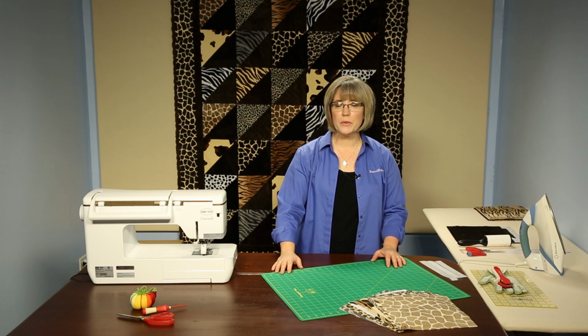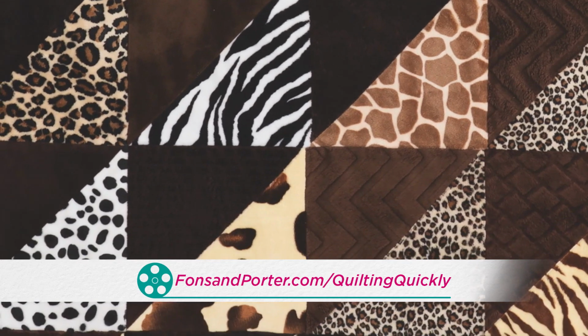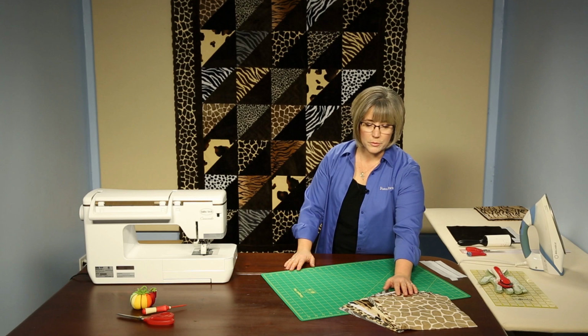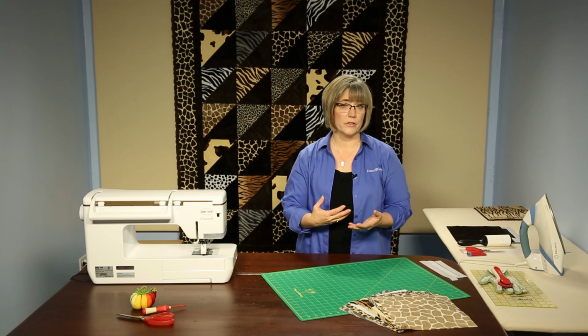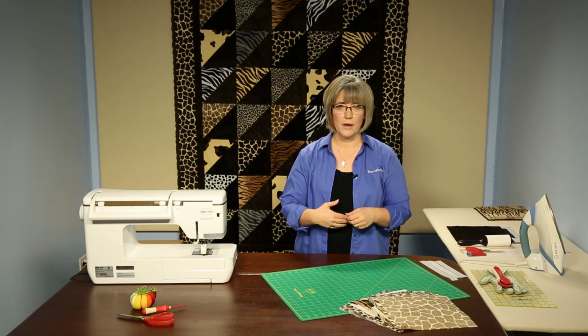In this tutorial we will talk about putting together blocks for the quilt called On Safari. For the pattern for this quilt, to purchase or download, please visit our website. We're going to be working with 10-inch squares of the wonderful animal print fabrics you see in the quilt, and we're going to pair them with a chocolate brown. They are different textures and designs, but they're all that chocolate brown that kind of gives our eye a place